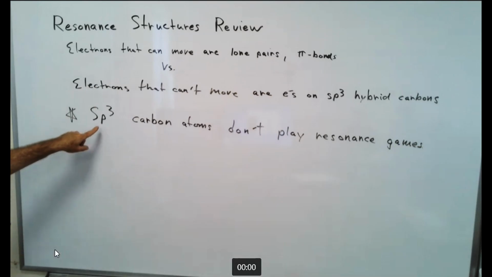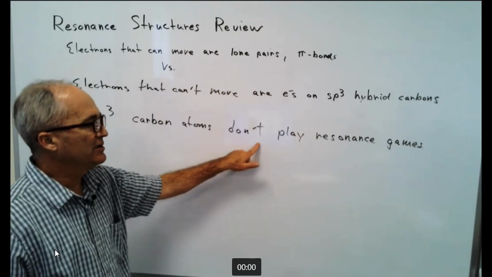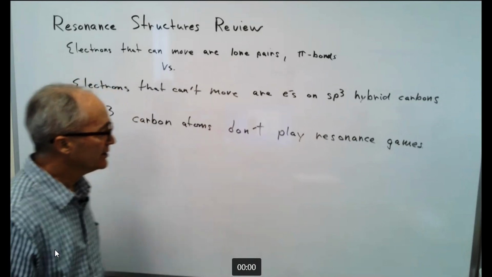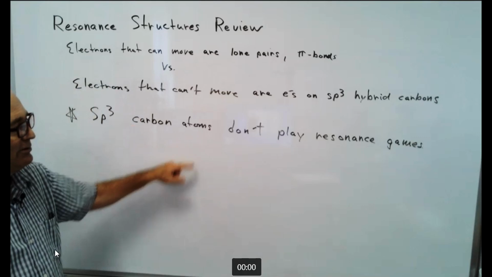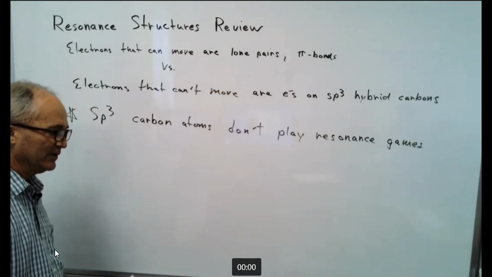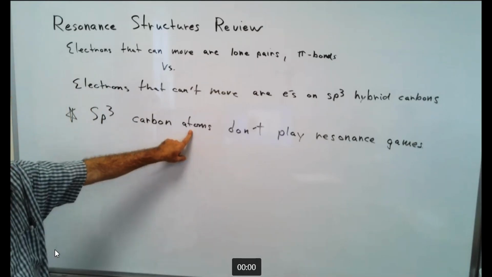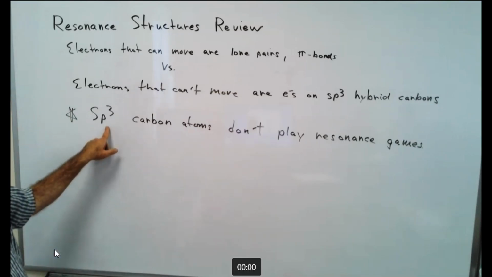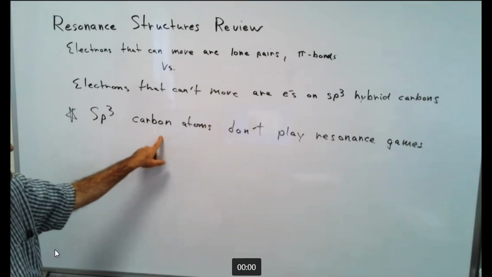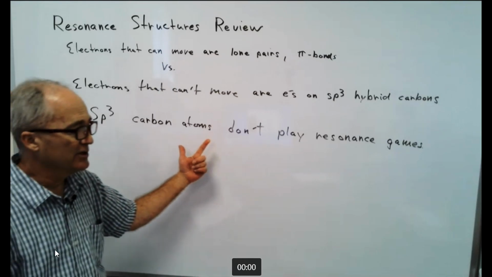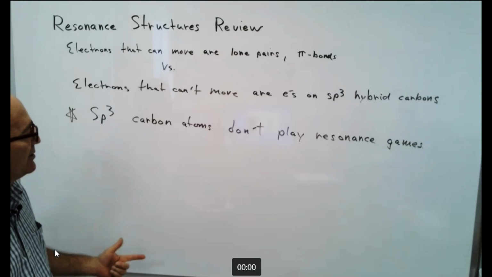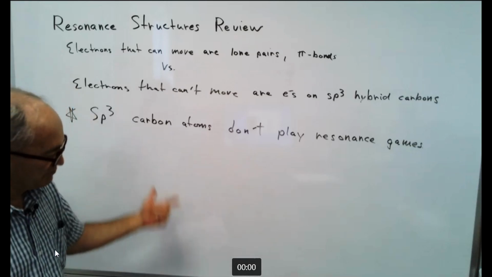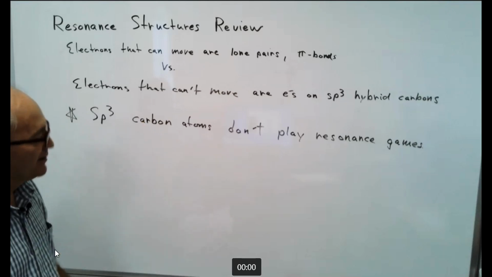So this is a big thing. When students don't recognize this, they put 5 bonds on a carbon a lot of the time. So we want to be careful with our line structure formulas because hydrogens aren't shown, and you want to make sure you recognize an sp3 hybrid carbon because there'll be hydrogens possibly stuck to it, which you don't see, and then you just draw a double bond on it or stick a lone pair on it,